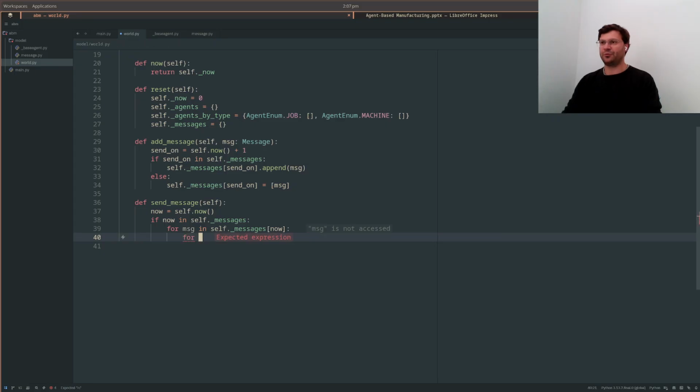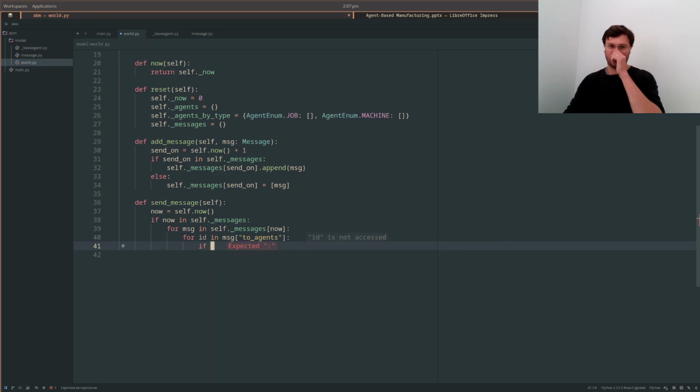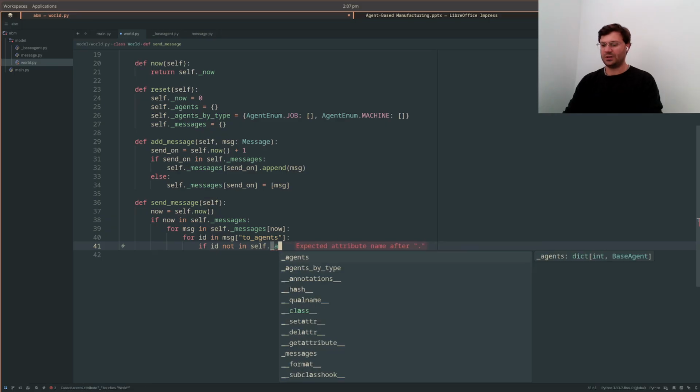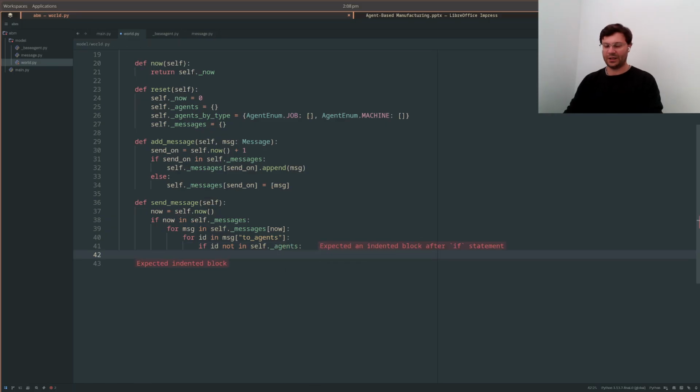And we're going to go for ID in message to agents. Remember, we've got potentially a list of agents that we might need to send this message to. And first of all, we'll just do a quick check to say if ID not in self.agents or name agents, then we want to exit and say,